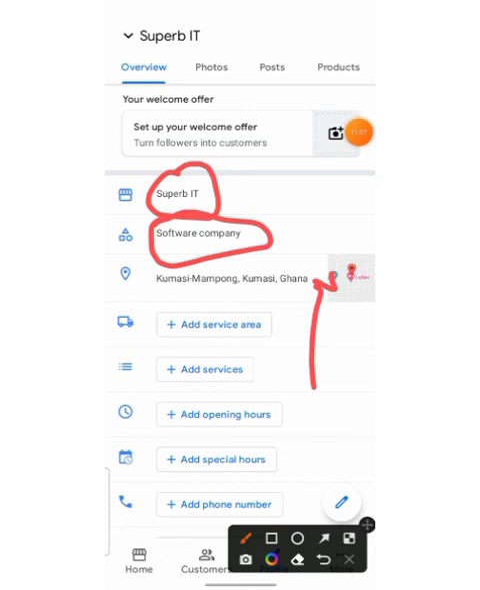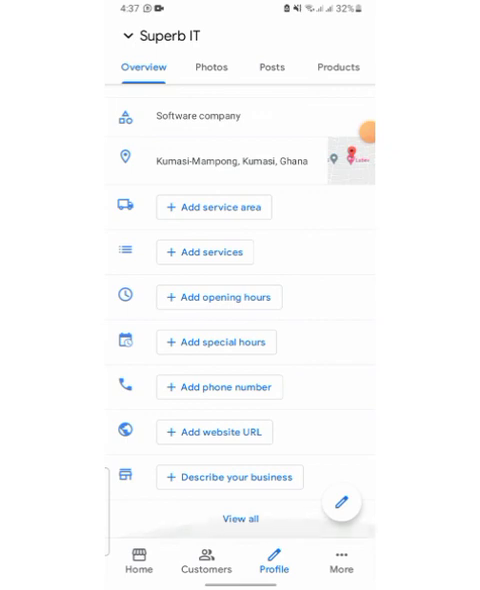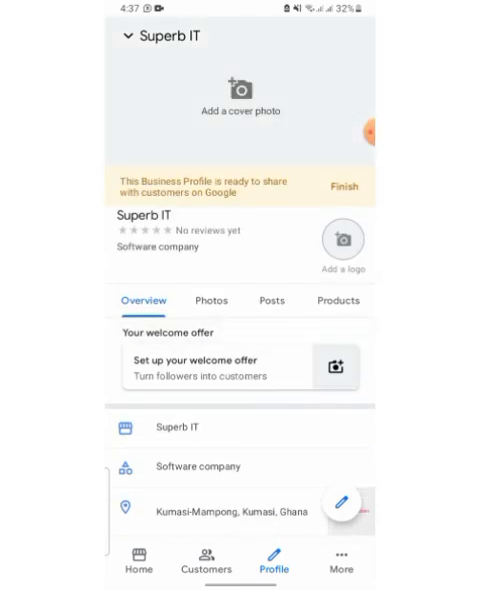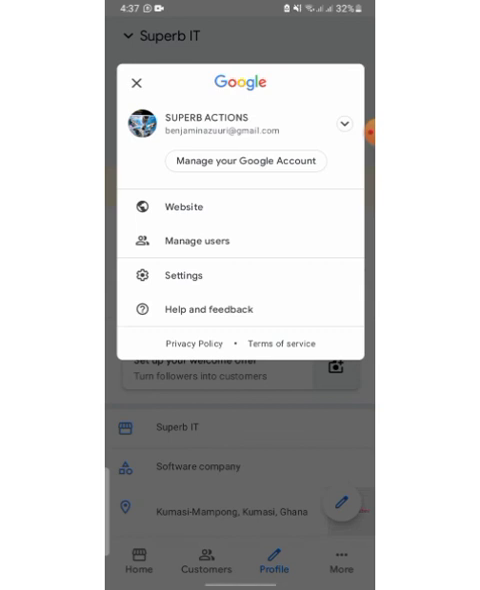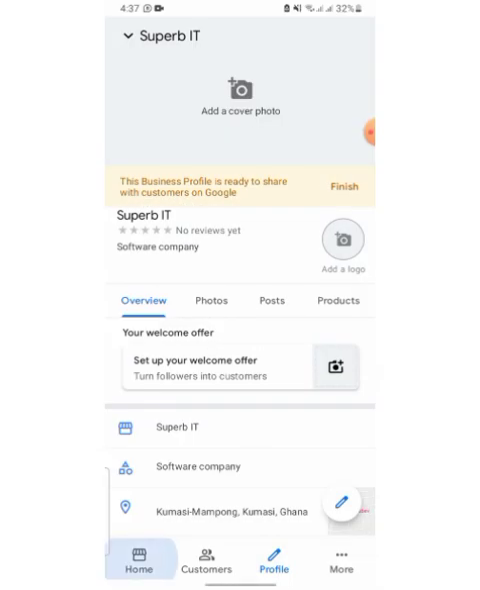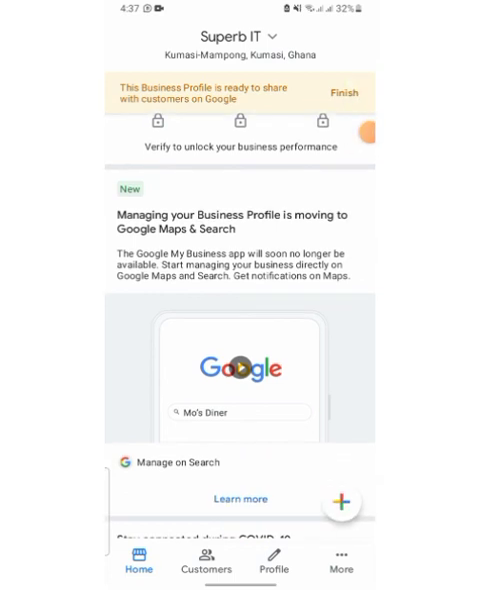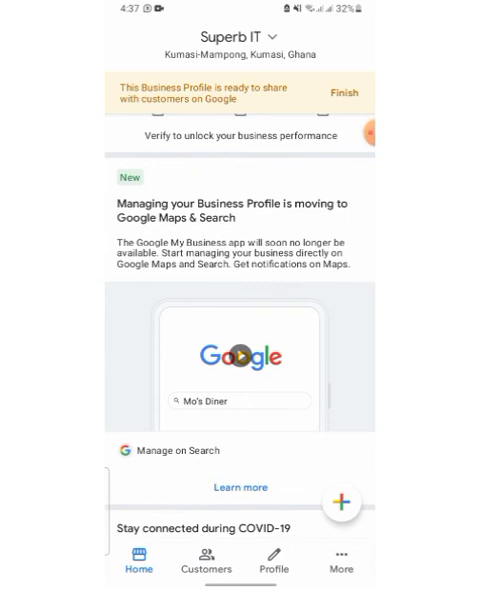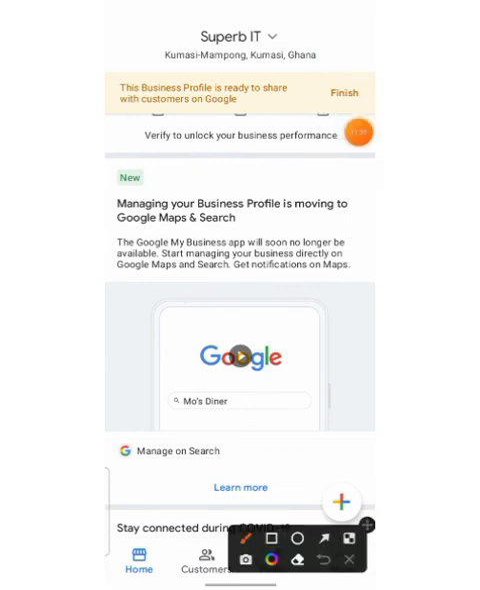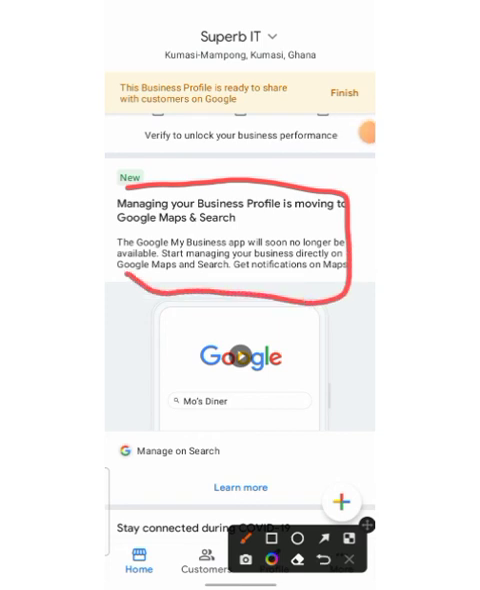In the next tutorial, I'll be showing you how you can run ads on Google and then Facebook, so that your business can get more customers and all those things. So let's stay tuned. I'll also show you how you can request for reviews through these things. Reviews help us to rank top in terms of searching. So if you always